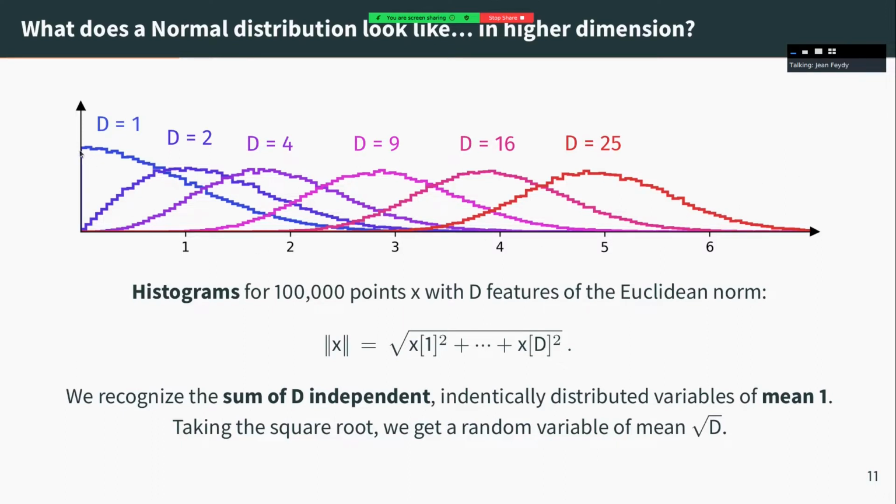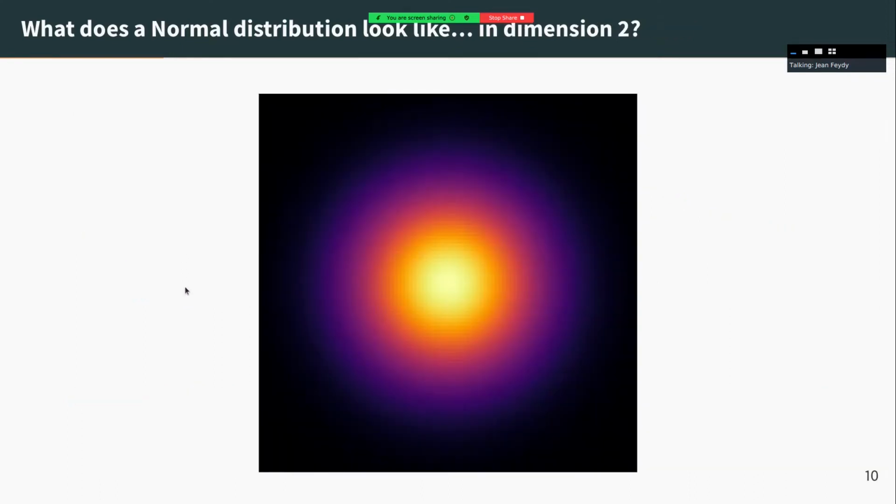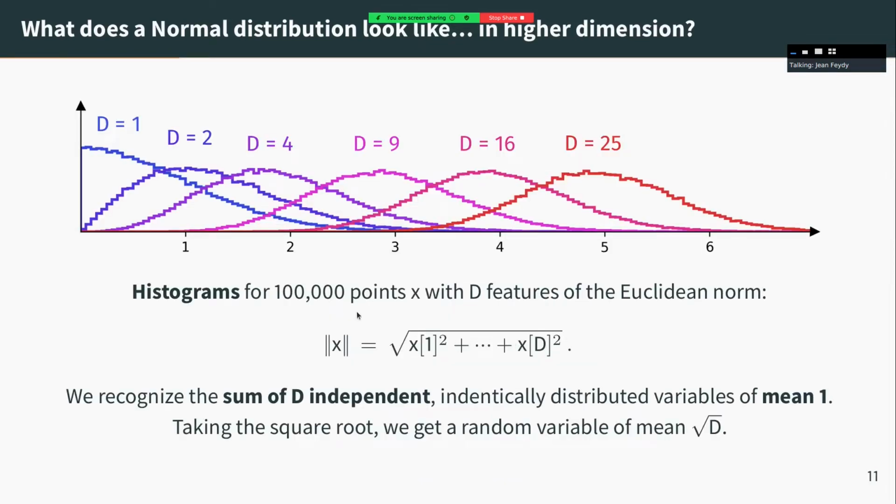We see that for d equal to 1, we just retrieve our usual Gaussian distribution. But for d equal to 2, already you see that you have very few points that have a 0 norm. And that's because even though here it's in yellow, it's bright, it's just 1 pixel. Whereas when r is a bit larger, you have maybe 10, maybe 50 pixels. So this is where this curve comes from.